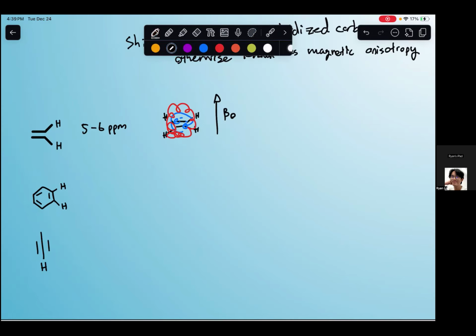There's a bunch of physics involved in this as well, but the base answer you want to give, if somebody asks why these hydrogens show up in this section of the H&MR spectra, is that due to the unique